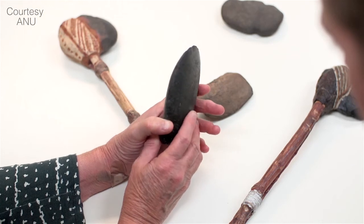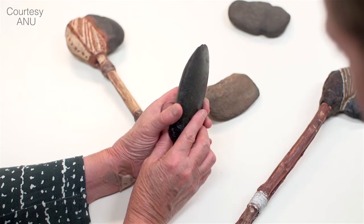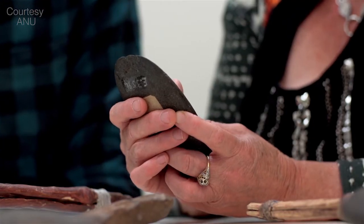A fragment of ground stone axe was recovered from an excavation in the southern Kimberley at a site called Carpenter's Gap 1, which is on traditional Bunuba land. So at the moment it's the oldest fragment of ground stone axe in Australia, but actually the world. And what's interesting to me is not so much that it's the oldest, but that in all of the